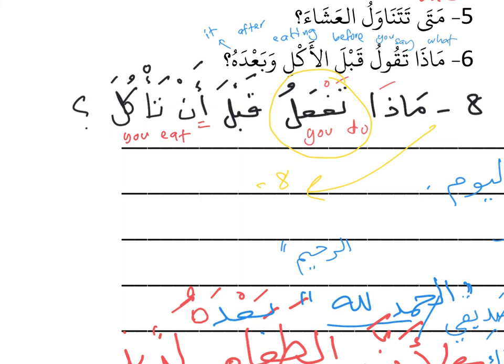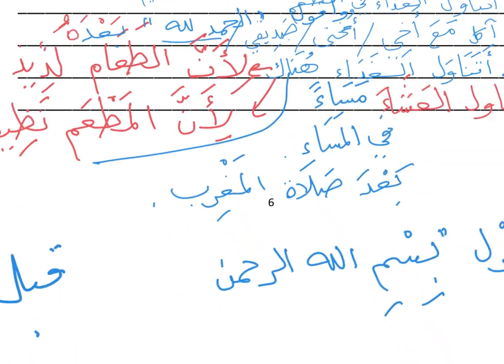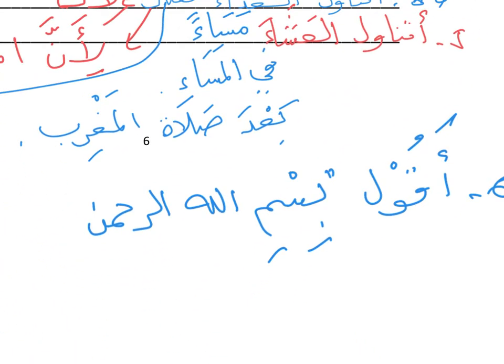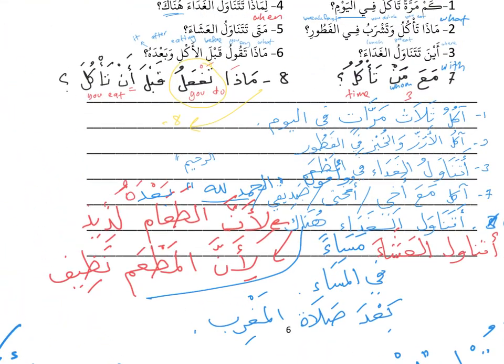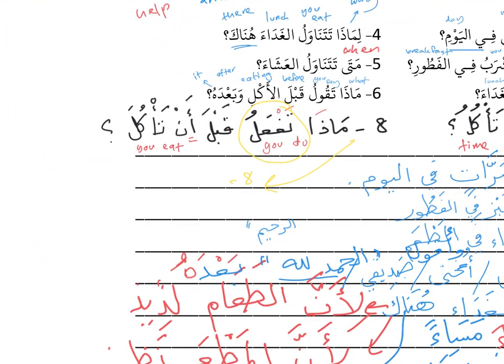You can say, such as, aqulu bismillah, just like what we had just now. Let me group this. Okay, you can use this in your answer. Aqulu bismillah. That is what do you do. Aqulu bismillah qabla al-akli or ba'da al-akli, depending on the question. Just put aqulu. Do not repeat the word af'alu. So you say aqulu bismillah.